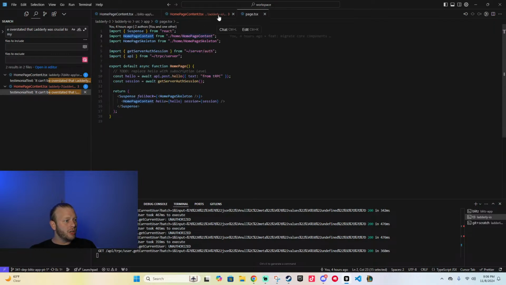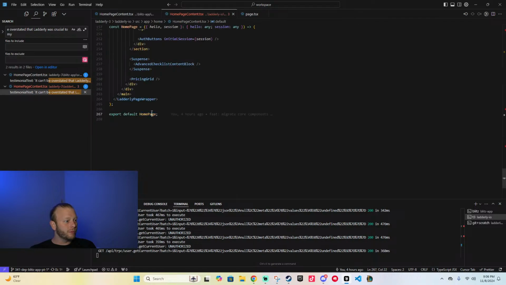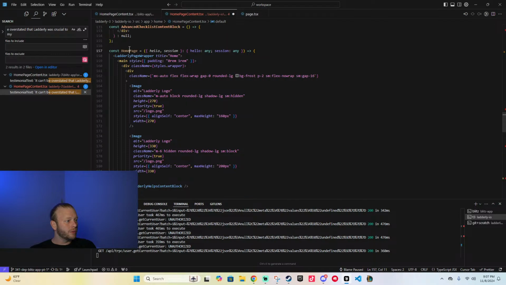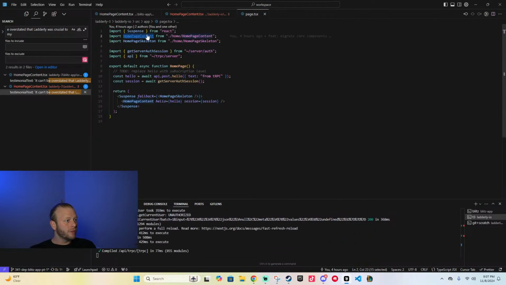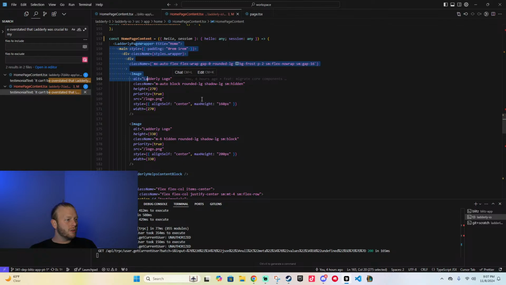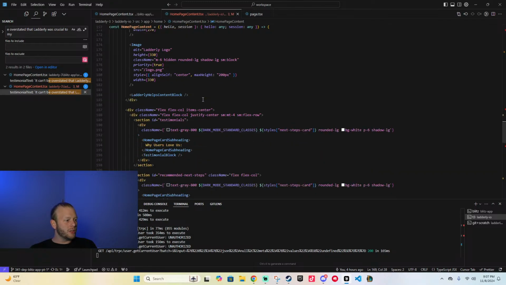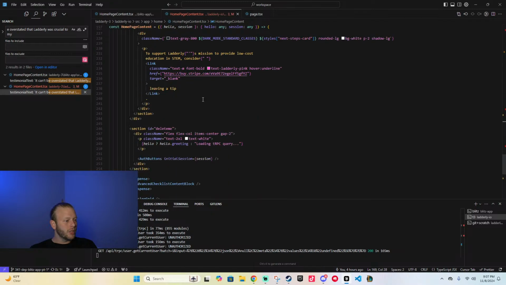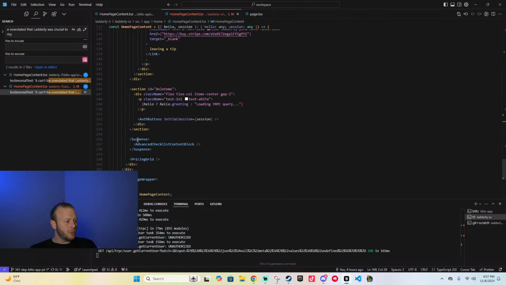Import homepage content. Okay. All right, so this is called homepage content. I don't think that would have fixed the issue by itself. But now, what of this can be moved into the server? I think pretty much all of it, eh? This bit needs to be on the client. Maybe, at least for now. But a lot of the other stuff,